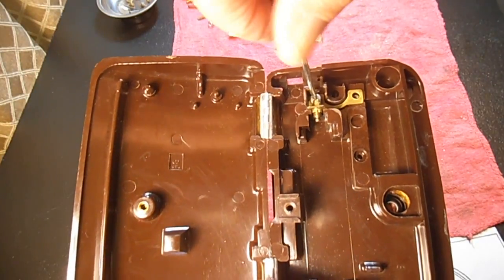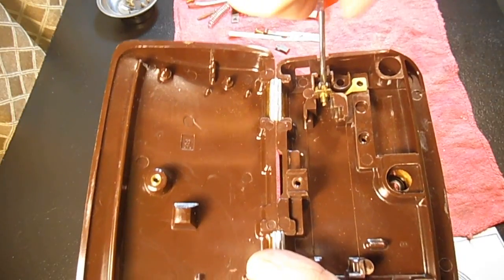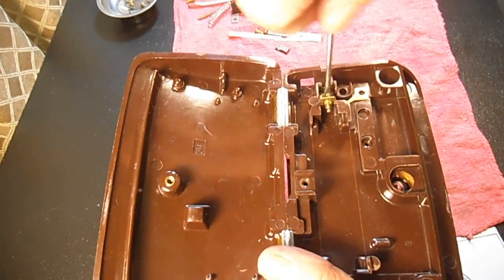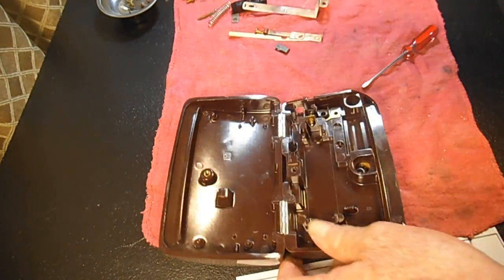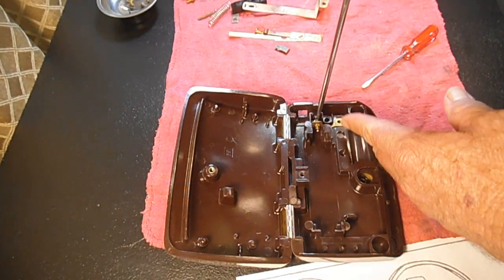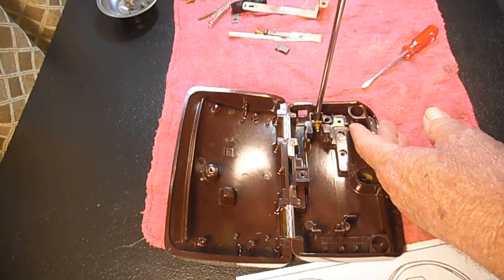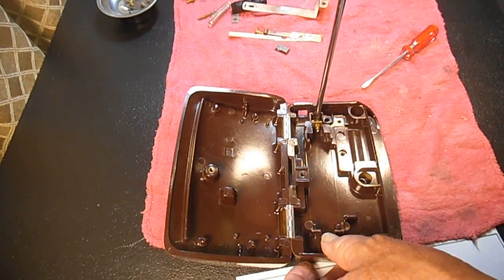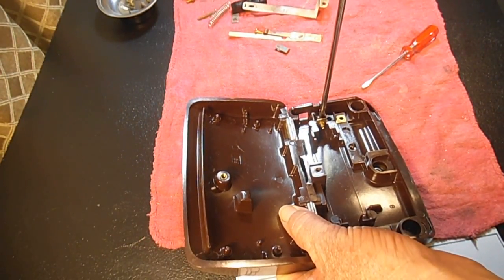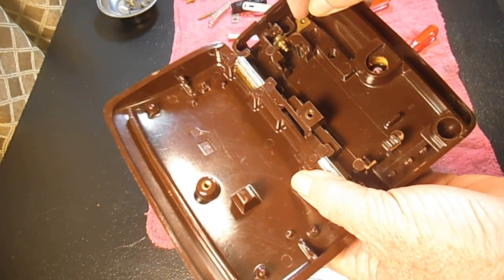So you usually have to get that mounting screw kind of started at an angle with your smaller screwdriver, and once you get it in there and going, then you can take a bigger screwdriver and get it in there and get it tightened down. So you're going a metal screw into a plastic hole, so you want it firm, right? You want it all the way in, and you want to be sure that you've